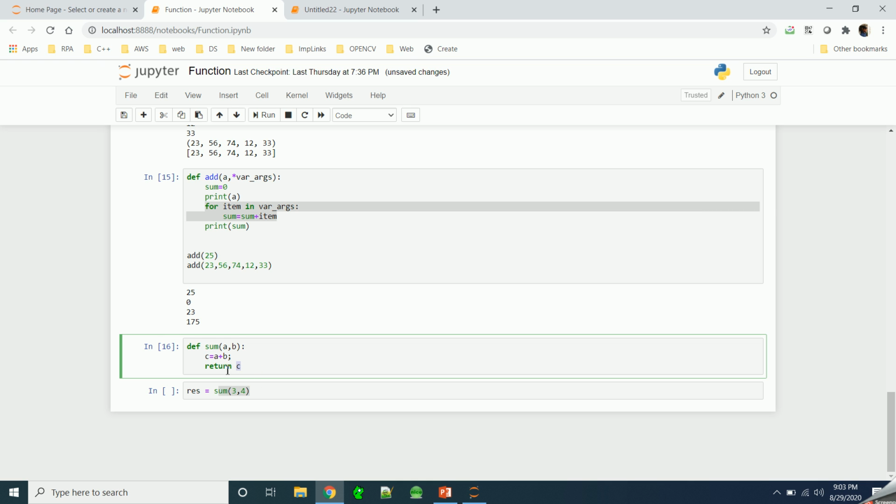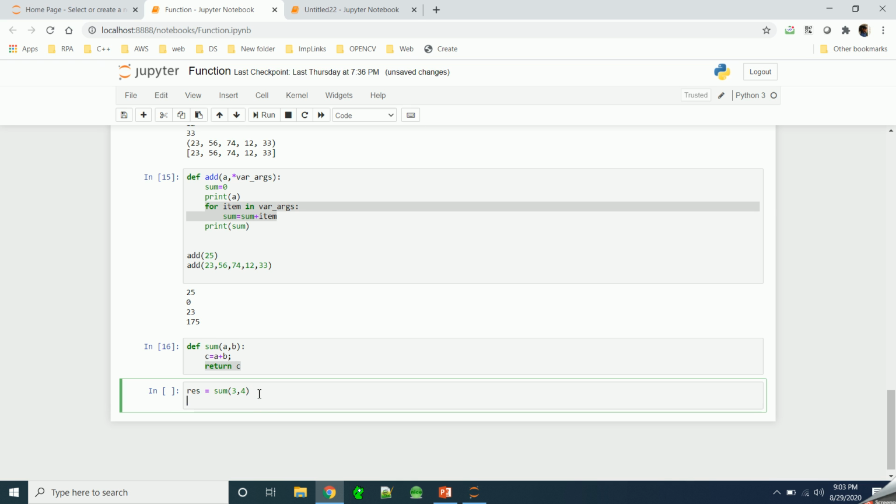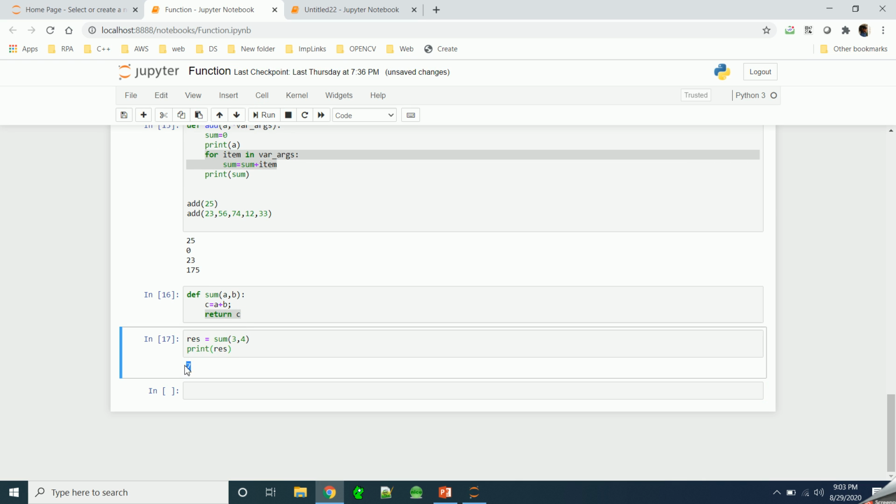The returned result will get stored into this variable. Later we can use this variable to perform various operations. In this case, we'll print the value, so we'll say res. Let's run it and see what we are getting. Here we are getting the result as 7. This is because we are getting a return value of 7 from this sum function, then storing it into this variable, and then printing it.